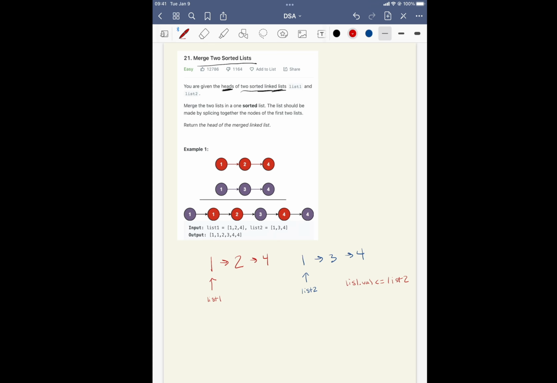And if it is, then you would take this value and you would make a new list using your lowest value, and then you would move your pointer to the next value, and then you would again check